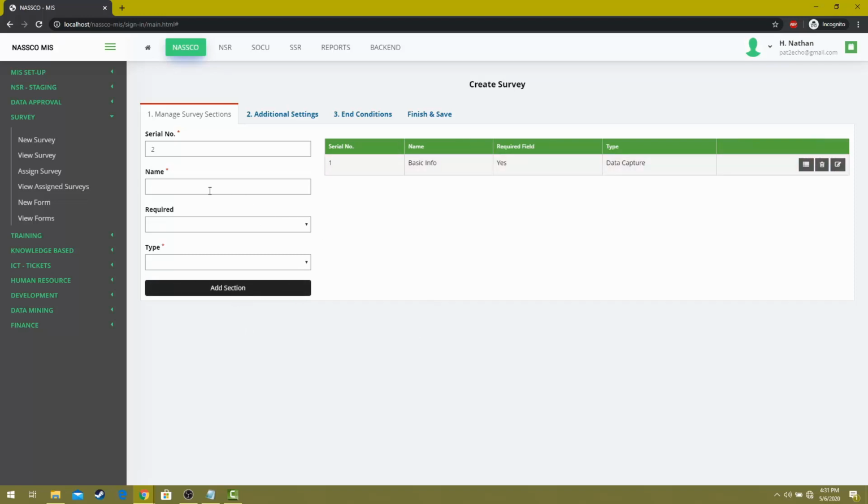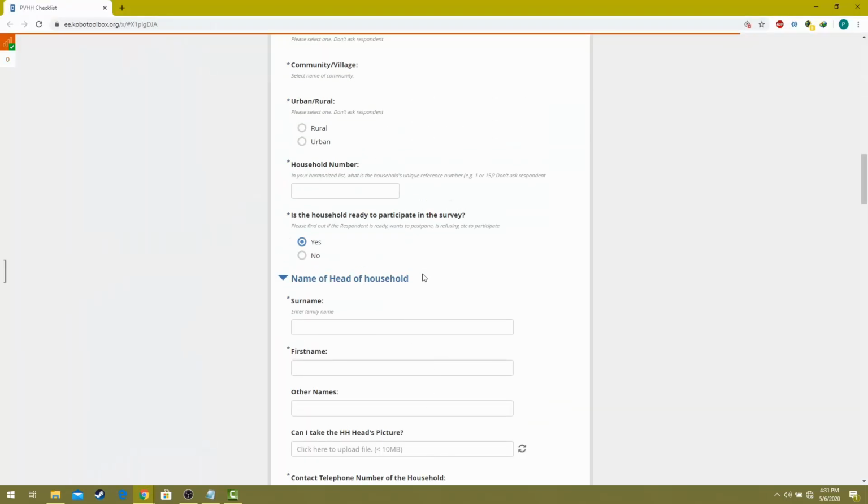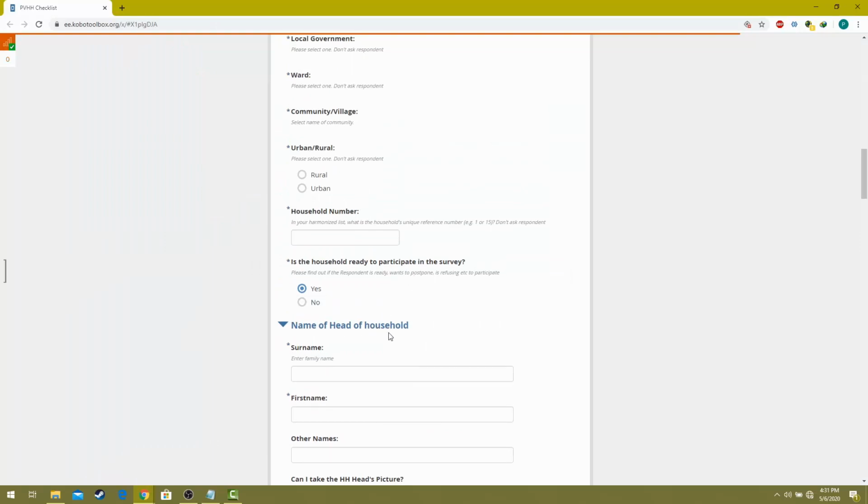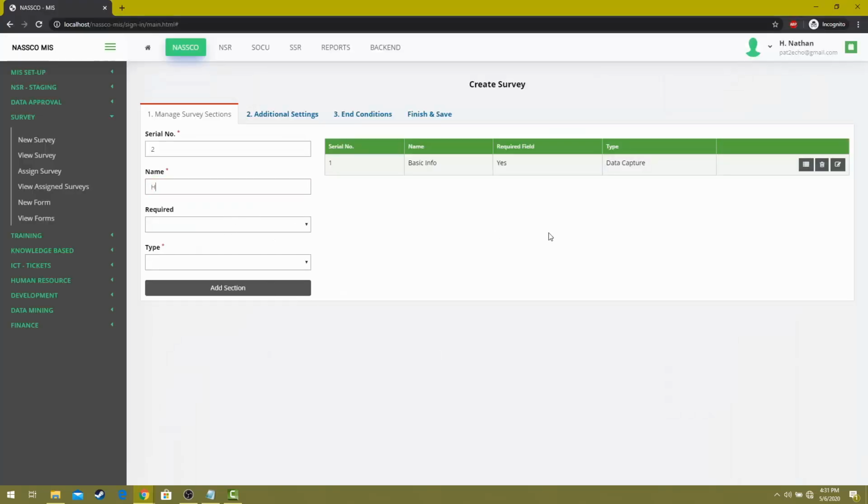Okay, now the next section I want is my, let's check that again. So it's my head of household. Okay, so I want to add the head of house. Okay, and this is my second section. So the serial number is 2, and this is also required. And I'm going to make this a data capture section as well, and I'm going to add that. So now we have 2 different sections here. Okay, we haven't started adding our forms to our sections. I just want to create all the sections first,